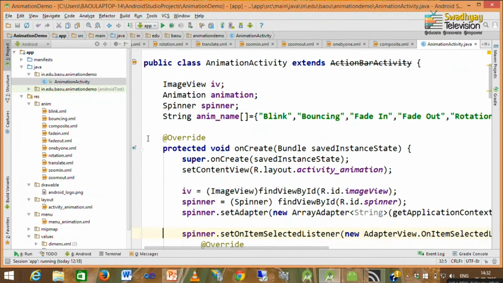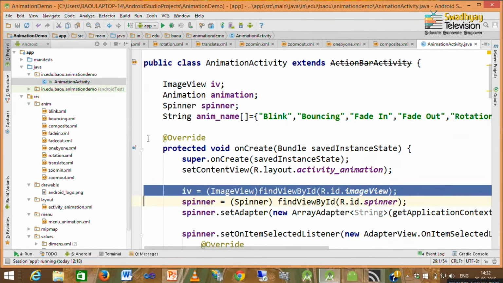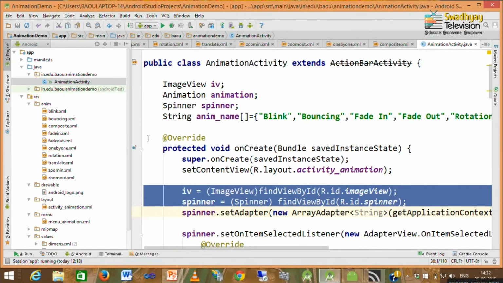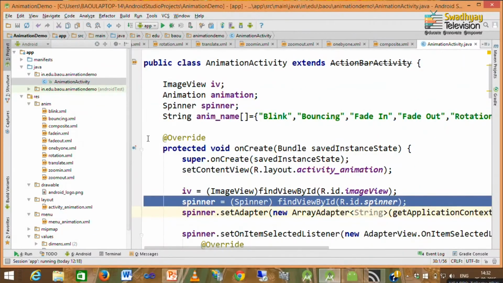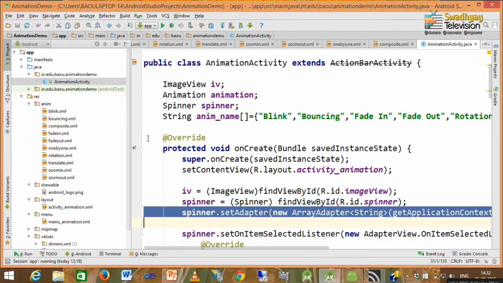So, as usual we write down code inside onCreate. These two lines will get references of our image view and spinner inside iv and spinner. Inside iv we take reference of the image view at design time, and inside spinner we take reference of the spinner at design time. Next line specifies how to display